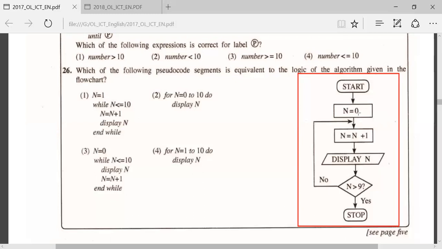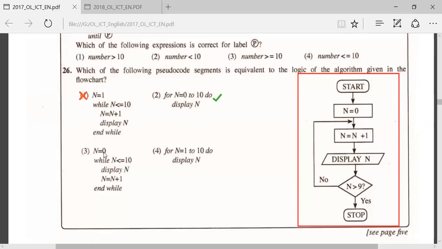So there's an initial value n is equal to 0. Depending on that n is equal to 0, we can remove this one. Why? Because it says n is equal to 1. So remove this one. Then there's an increment statement, n equal n plus 1. But for n is equal to 0 to 10 do means there's an increment by 1. Right? So that is equal to increment by 1. So we can say it seems to be okay. Seems to be okay. Right?